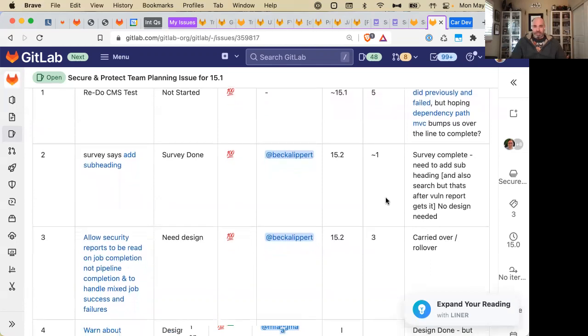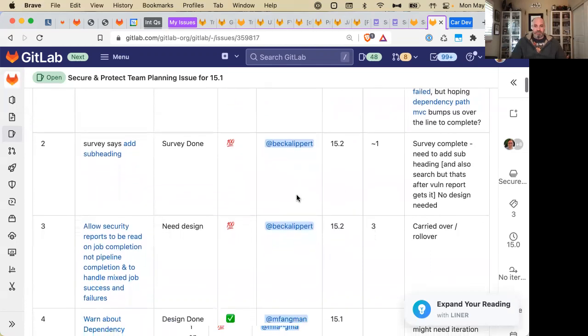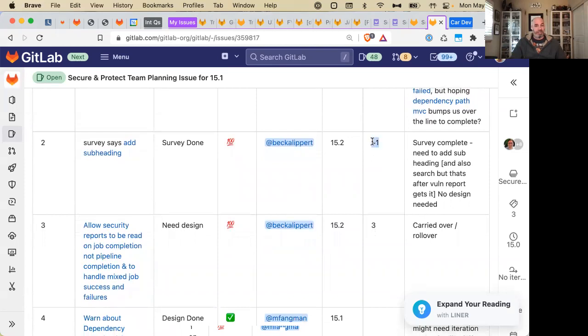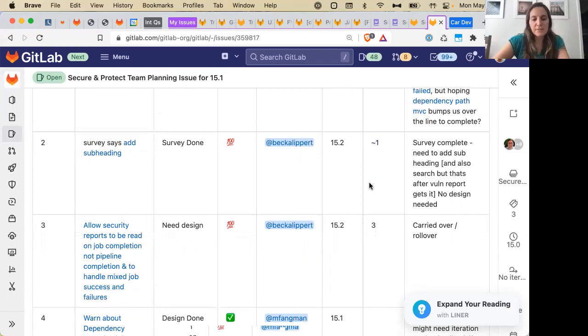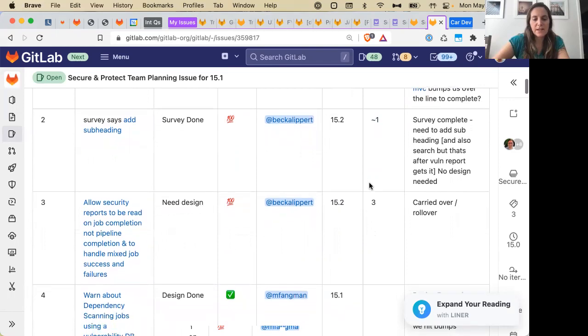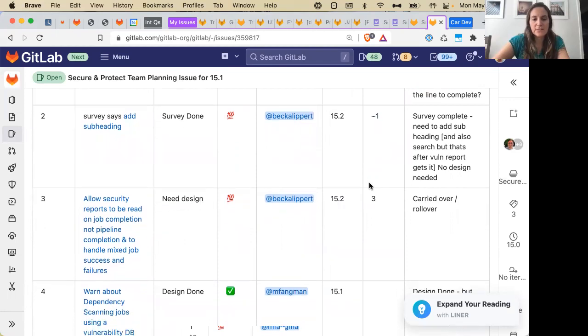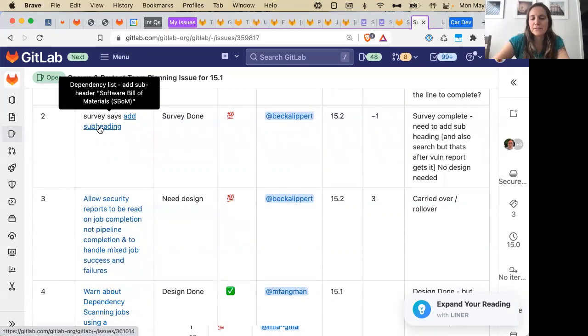Okay. What about this one, Becca? Are you good with this? Is it really a 1? Approximately a 1. I mean, the issue says there's no UX for this, but I'm hoping there's a pajamas style for it. It's just a subheader saying software bill of materials. So it just says the proposal is add subheading to dependency list page that is software bill of materials.